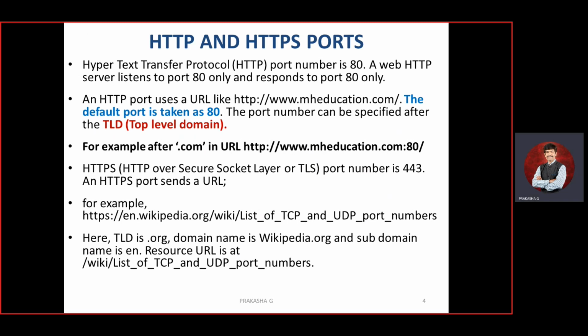HTTP. Now I've given you what the different protocols are, what the different port numbers of all those protocols are, what is the purpose of them also. Now we have to move on to HTTP. As you people said, HTTP is mainly having a port number by default, that is 80. By default for your HTTP it is 80, for your HTTPS it is 443. Okay. So a web HTTP server listens to port number 80 only. You should connect through 80 only